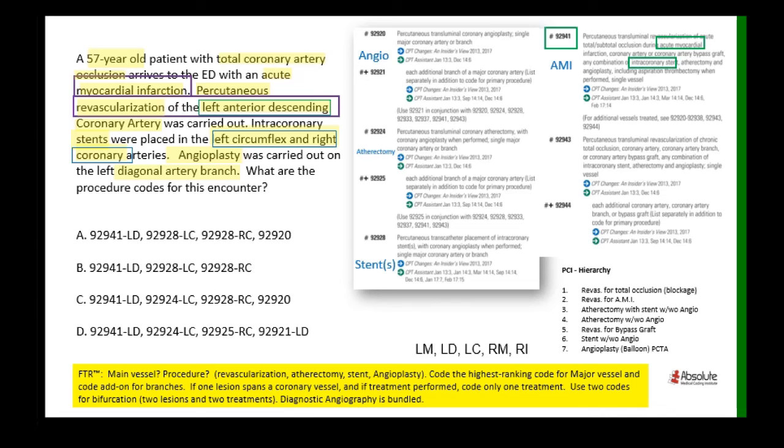It says percutaneous transluminal revascularization of acute, total, or subtotal occlusion during an acute myocardial infarction, coronary artery or coronary artery bypass graft, any combination of intracoronary stent, atherectomy, and angioplasty, including aspiration thrombectomy when performed,